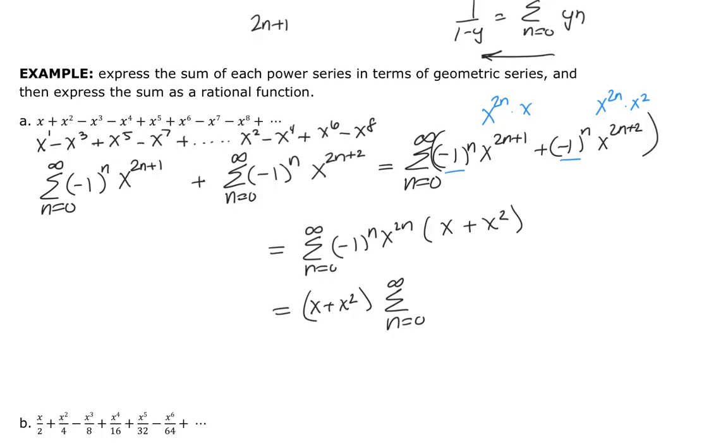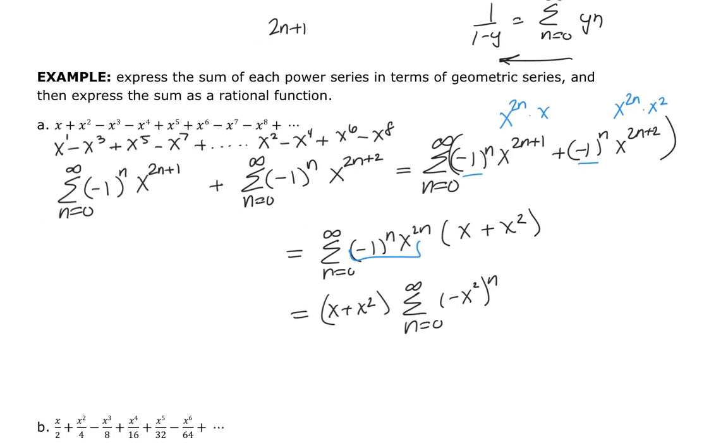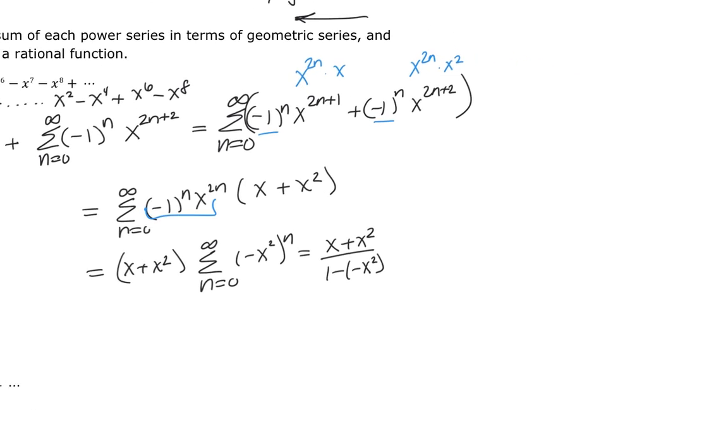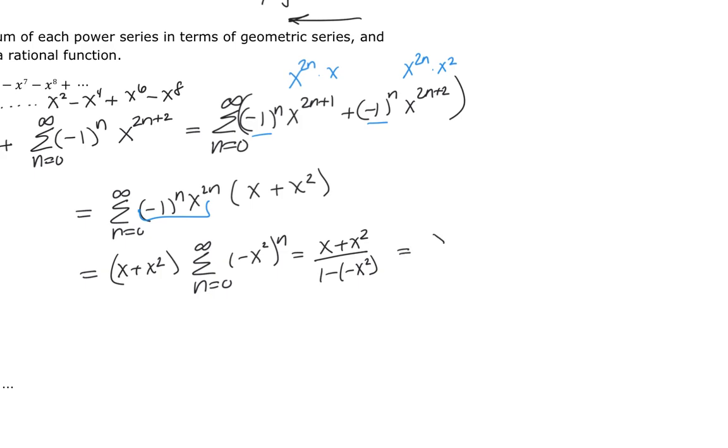I'm going to combine these two as negative x squared raised to the n. So this would become x plus x squared over 1 minus negative x squared,